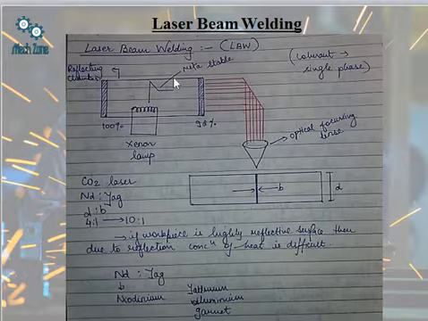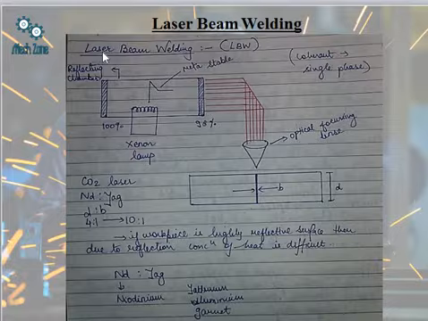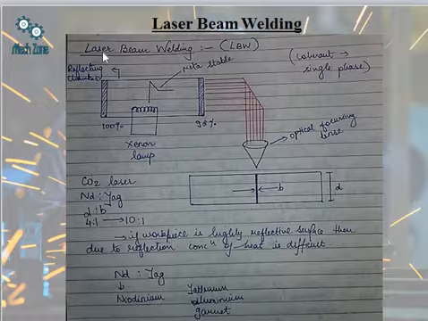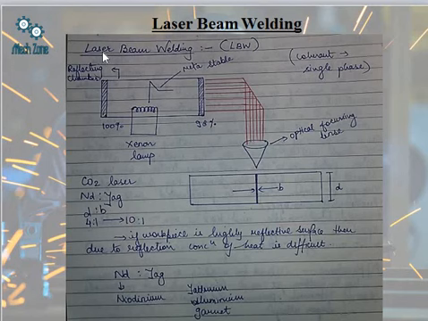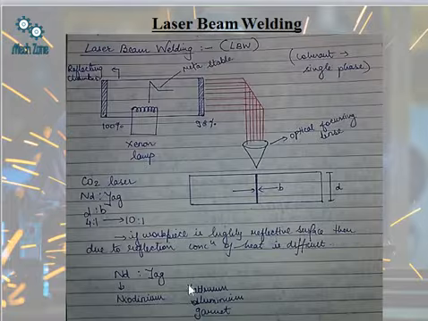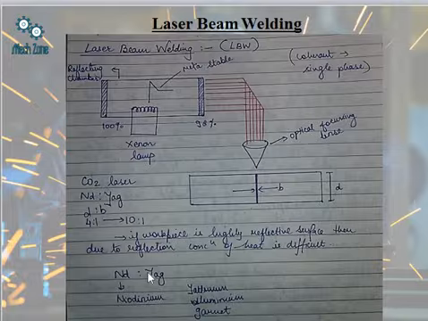About the laser beam welding we have already discussed, but the type of laser that can be used: the full form of laser, you must be knowing, we actually opt for this subject in the second year of BTech. It was an optional subject. So light amplification by stimulated emission of radiation is the full form for laser. So we can use carbon dioxide laser or ND-YAG. ND-YAG laser is a very commonly used laser. ND means neodymium and YAG means yttrium, aluminium and garnet. So it is a type of material, so we can use ND-YAG laser also.